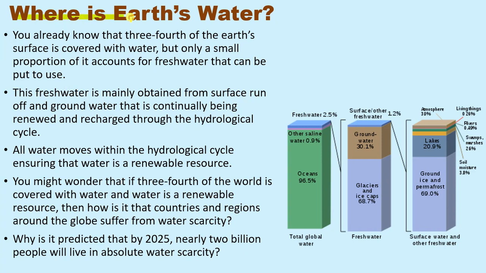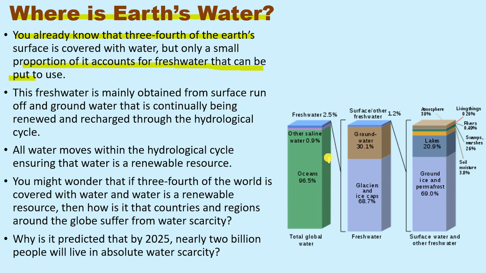Where is Earth's water? First of all, we try to understand that whatever water is there on this earth, where is that existing? You already know that three-fourths of Earth's surface is covered with water, but only a small proportion of it accounts for fresh water that is put to use or that can be put to use. If in this bar graph you see the total global water, of that, which is three-fourths, 96.5, around 97% you can say, is found in sea and ocean,